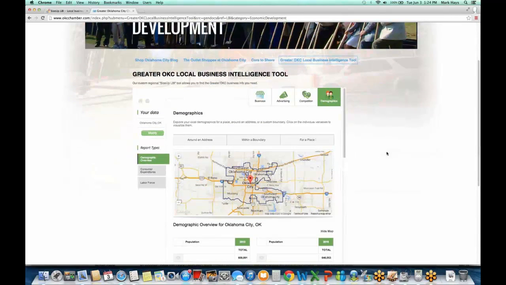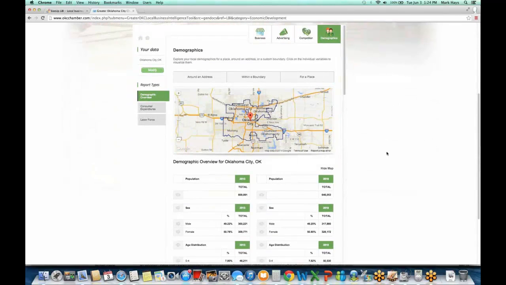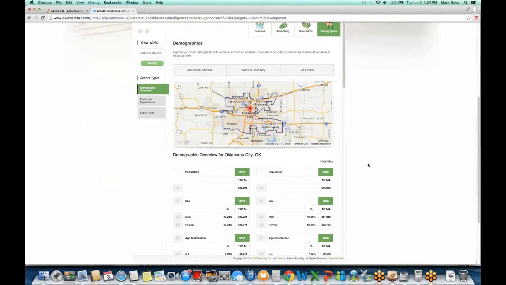And then lastly, I'm sitting in their office and I'm like, all right, we've got demographics. And they're going to say, well, yeah, the local EDO has a demographic page too. And I'm going to say, well, look, for Oklahoma City, for example, that's 610,000 people, and they're not telling me where any of them are. It's just saying, look, this is 610,000 people. It is typically on a spreadsheet, and it's going to say there's 231,000 people in my specific demographic spread throughout the entire city. For me as a small business owner, that would not do me much good.